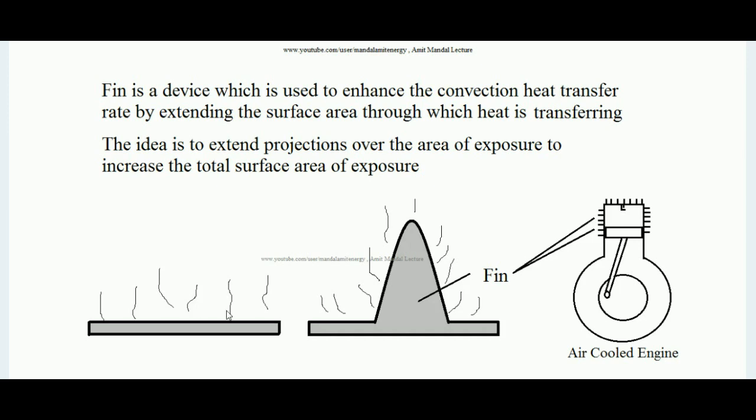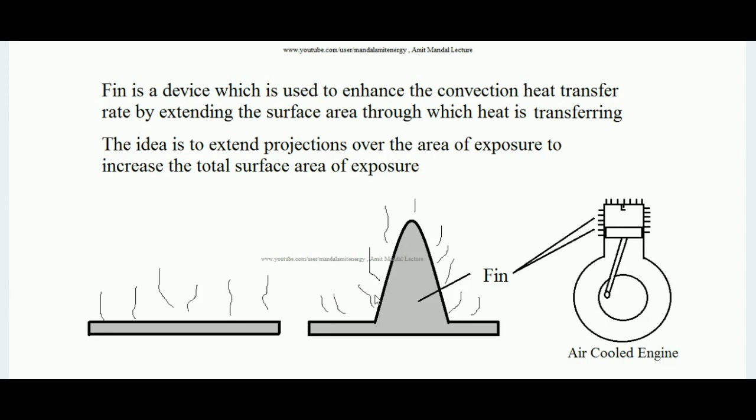Now in this body we do this activity: extend the surface area by projecting its surface. To enhance the heat transfer rate, we can extend the top surface of this body. You can see it has been extended. This is an intact entity, actually connected with the body itself. This extended surface area, the projected area, is what a fin is.